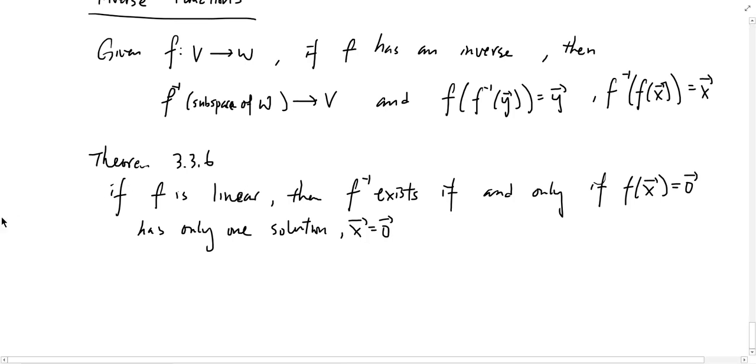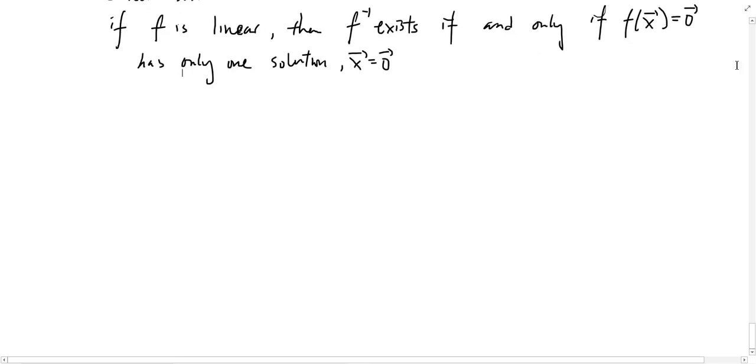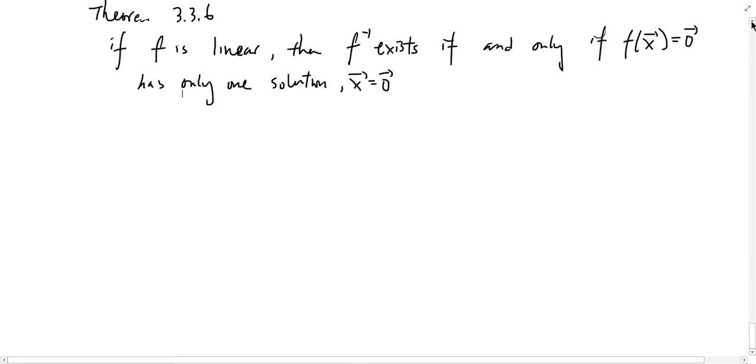Now, the question would be the following. Now that I know how to determine if a linear function has an inverse, what next? Well, we also need to know that this inverse is linear. So this is what 3.3.7 states. It states the following: if you have a function f that maps from V to W, and let's say f is linear,